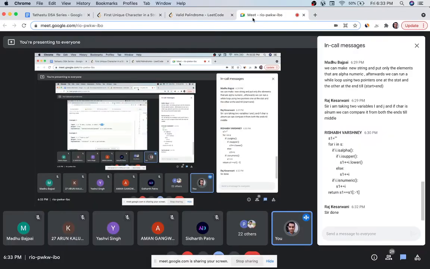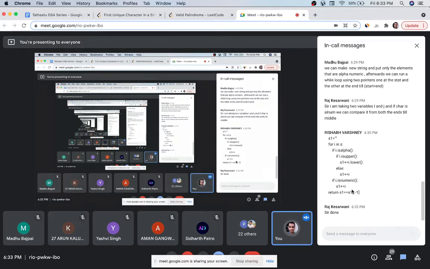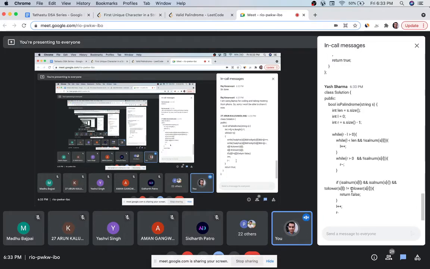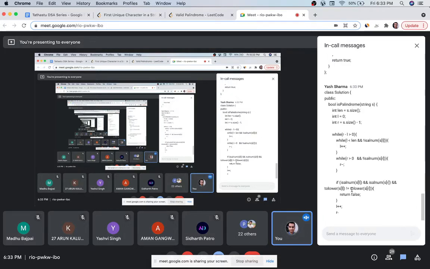There are two ways. Either you can write your own function that will create some regex and check for alphanumeric, or you can use these inbuilt methods. Now the question arises, which is best for the interview, right? In an interview you can use this built-in function, but if the interviewer asks you, can you do the internal implementation of that function, then you should be able to tell it.